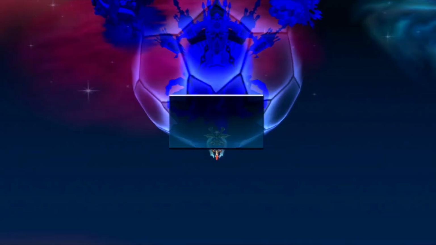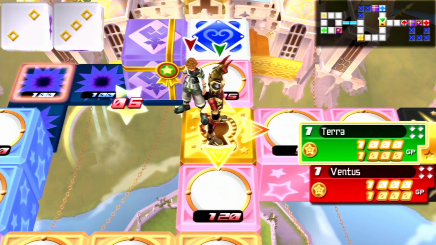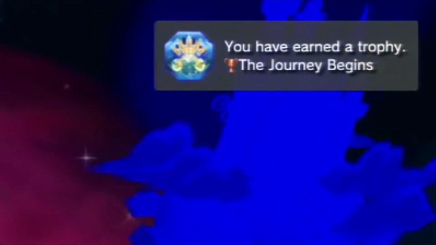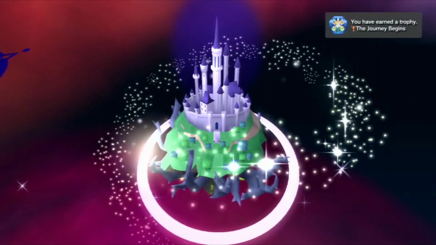We'll unlock the Land of Departure command board, a Monopoly-style minigame that if you want to 100% the game, we're going to have to play a total of 27 times, and no, that's not a joke. Oh, and we'll be getting the Journey Begins trophy. Now, Terra only has one world to go to initially, it's Sleeping Beauty's world, known as...